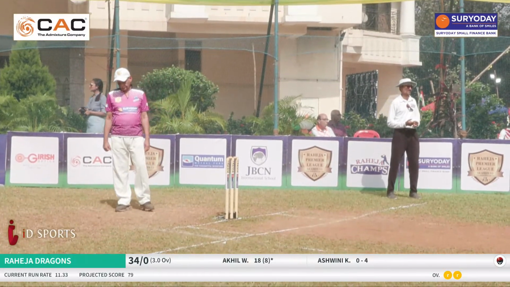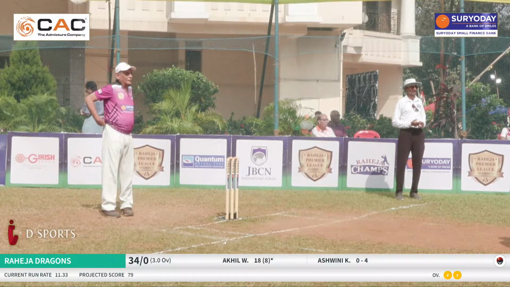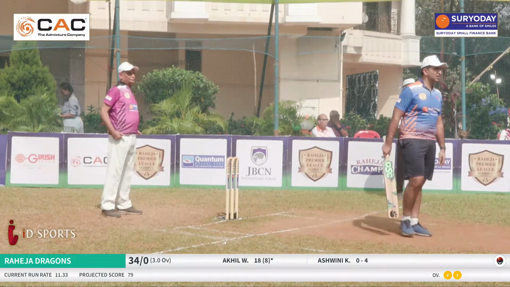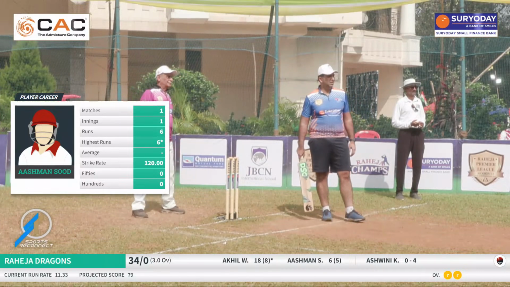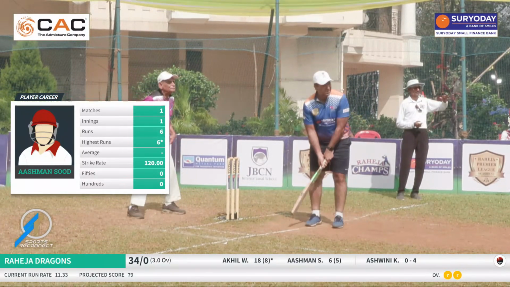Ashwin is back to bowl the 4th over. As the rule says, the player bowling the second over can't bowl the 4th, but Ashwin had bowled the first over, so he is doing the second.